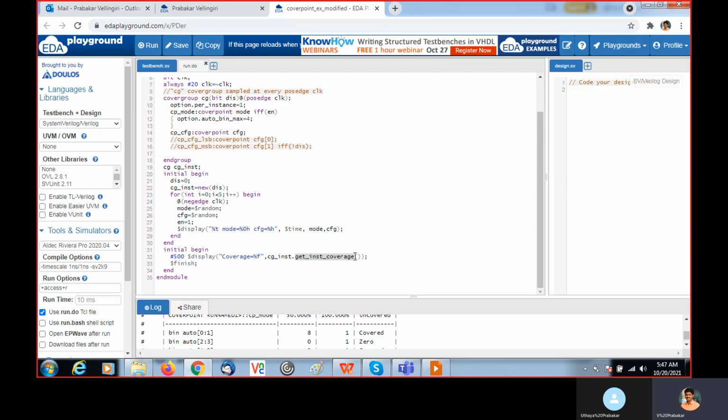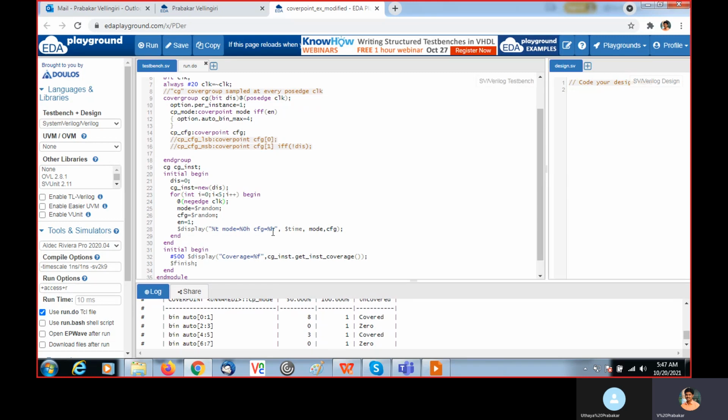This is the method used to get the coverage report: cover group instance name, get_inst_coverage. With the help of this get_inst_coverage we can get the coverage percentage of this particular instance.